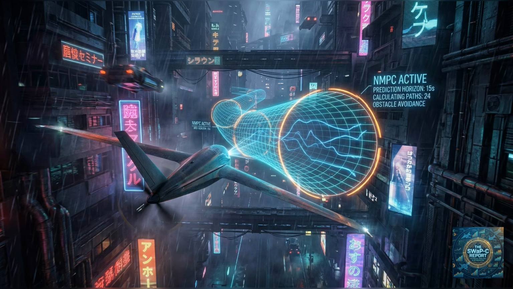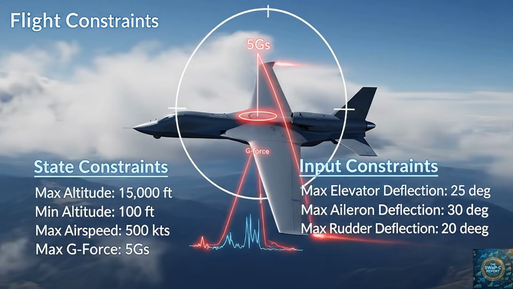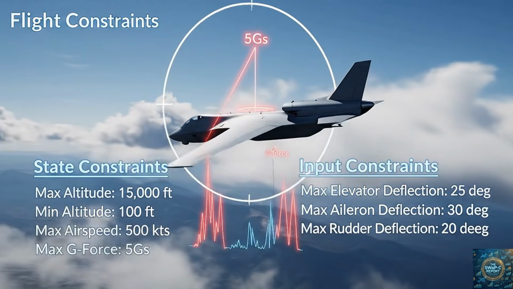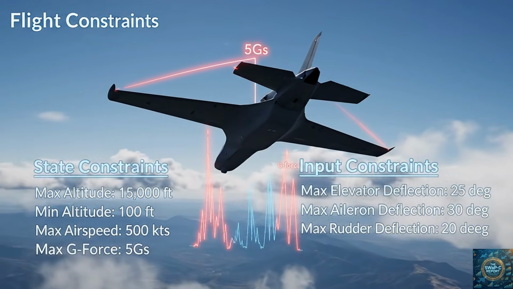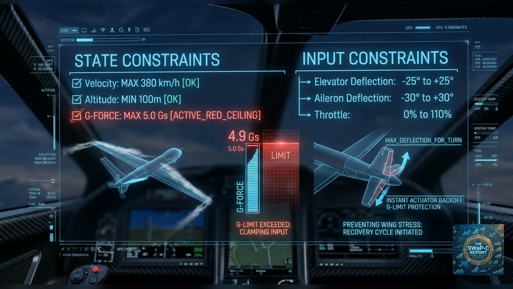The optimization algorithm then relentlessly solves for an optimal sequence of control inputs that will completely minimize a defined cost function, exactly like LQR, but with one monumental game-changing difference. It accomplishes this while strictly satisfying a set of hard, absolute physical constraints. The most powerful and revolutionary feature of NMPC for high-speed fixed-wing UAVs is its native ability to explicitly incorporate safety and structural constraints directly into the real-time mathematics.